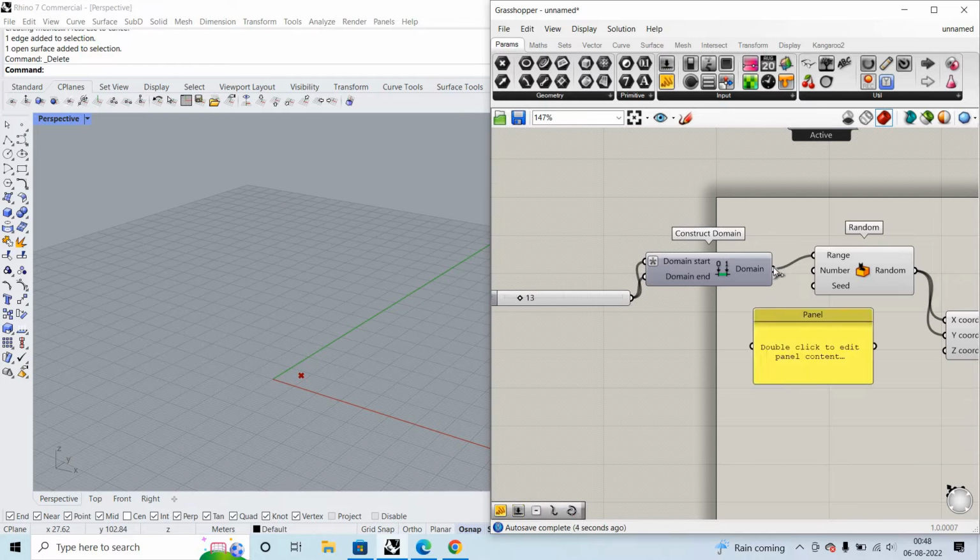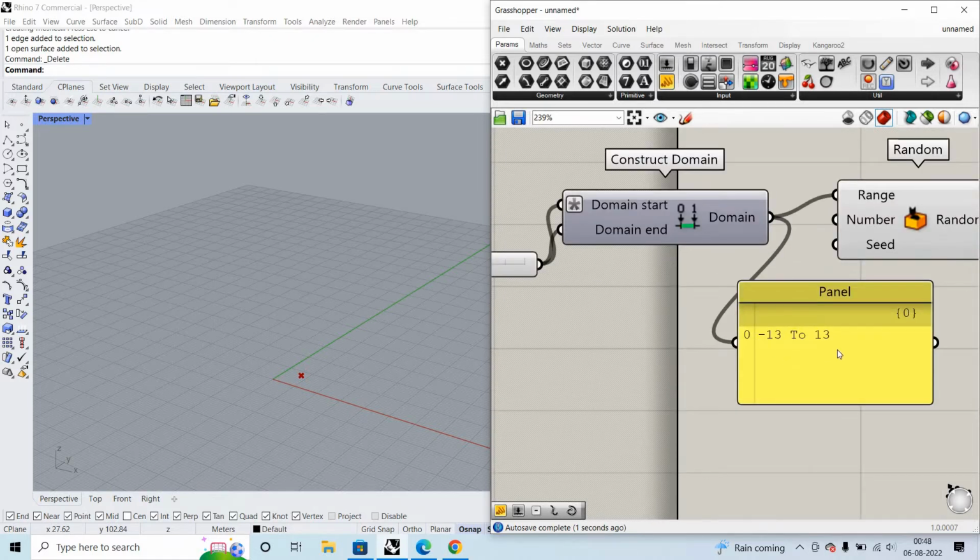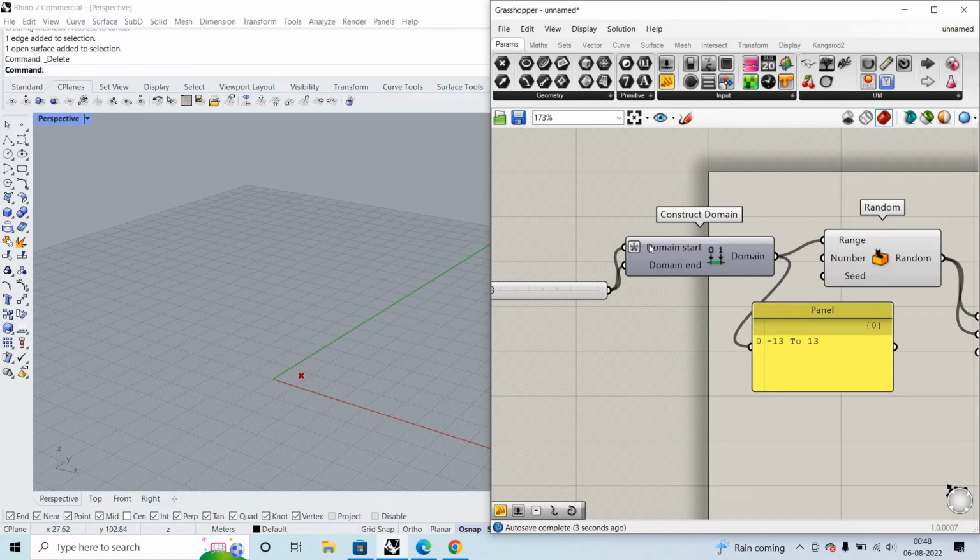I'll keep a panel. Panel is a great thing, okay? With panels, you can see all the output. You can see minus 13 to plus 13. So this x acts like the value which we are giving, so all the x values should be minus. It can be done by this expression, or else